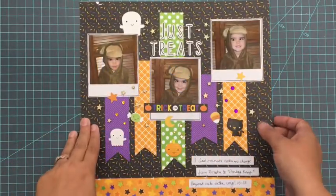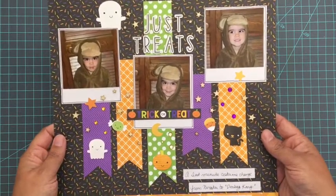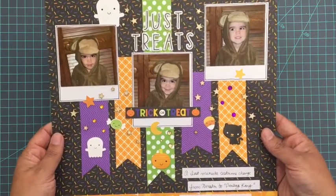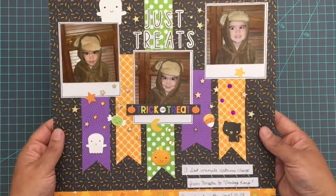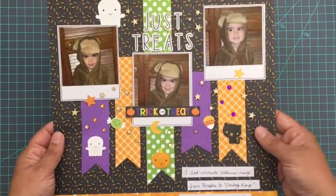My next tip is, for Halloween, we tend to have a lot of pictures. I know I often take multiple photos, and I like multiple photos because the kids are in a good mood, they're excited, so they tend to take really cute pictures on that day. In that case,